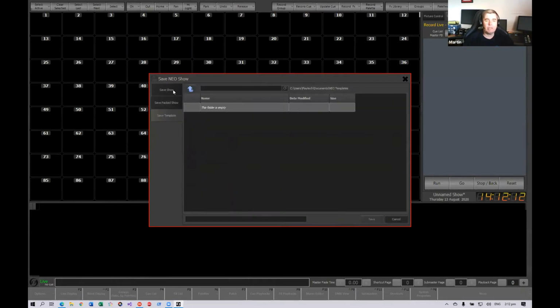Now, templates are a relatively new feature in the software and really useful if you're putting the console into something like a school or church or anything like that. What a template allows you to do is, for example, set up a patch, set up a layout of how things are going to look,